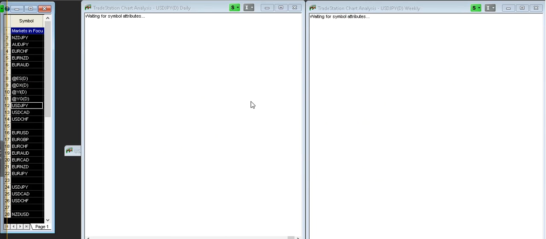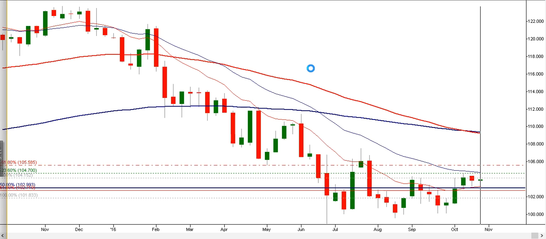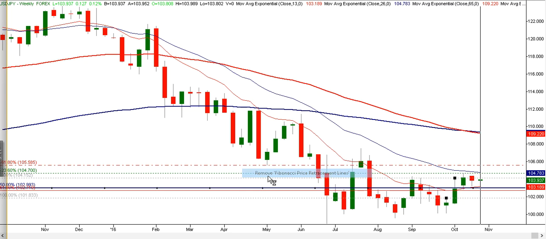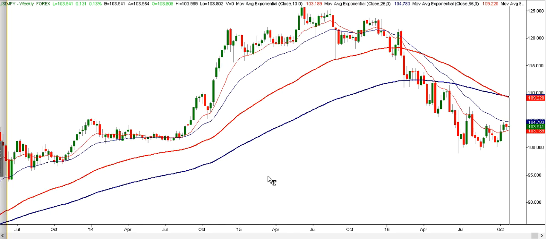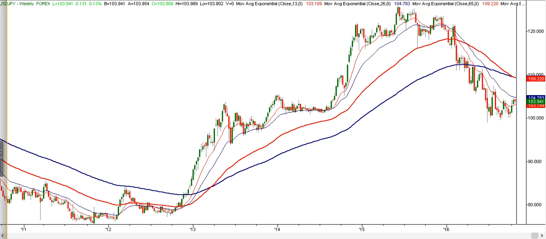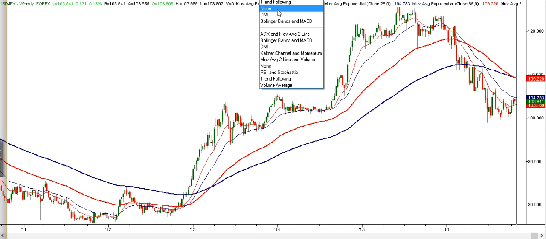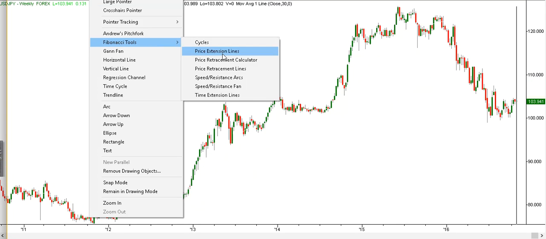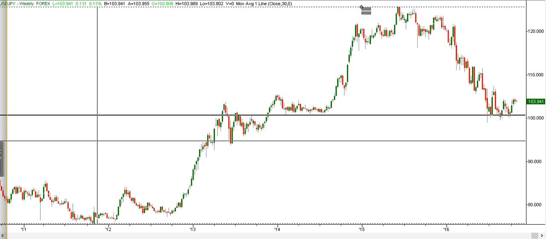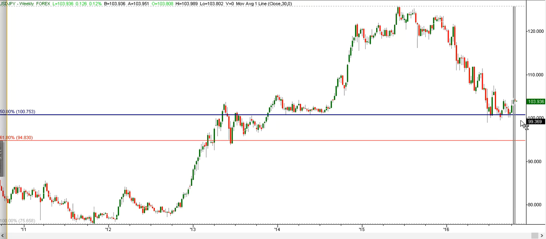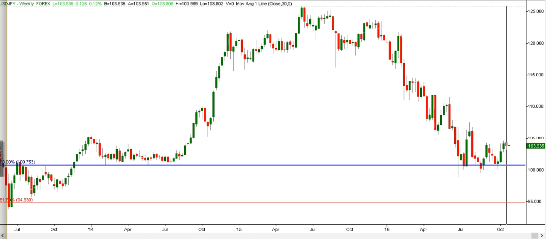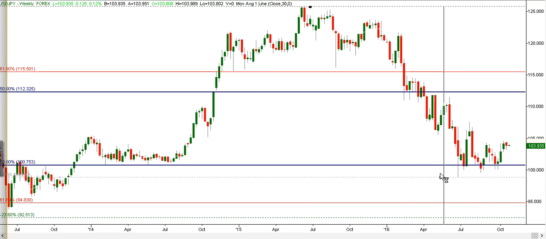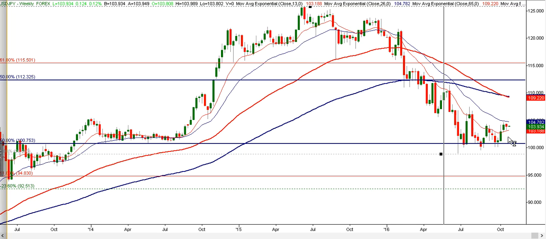So let's look at the US dollar Japanese yen now, and as usual we start from the weekly time frame. This market has been bouncing off the 50% retrace, as you know well here, and we can remove the trend following here, and that participation came a number of times here, 1, 2, 3, 4, and finally this market was pushed higher, and this market, when we only look at the smart money, has the potential to get all the way into 112.32. When we put the dump money here, we can see that this market is struggling a little bit within